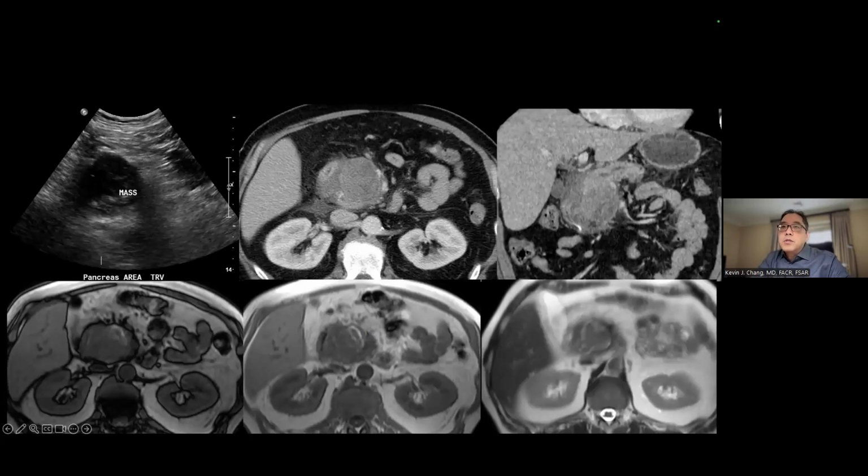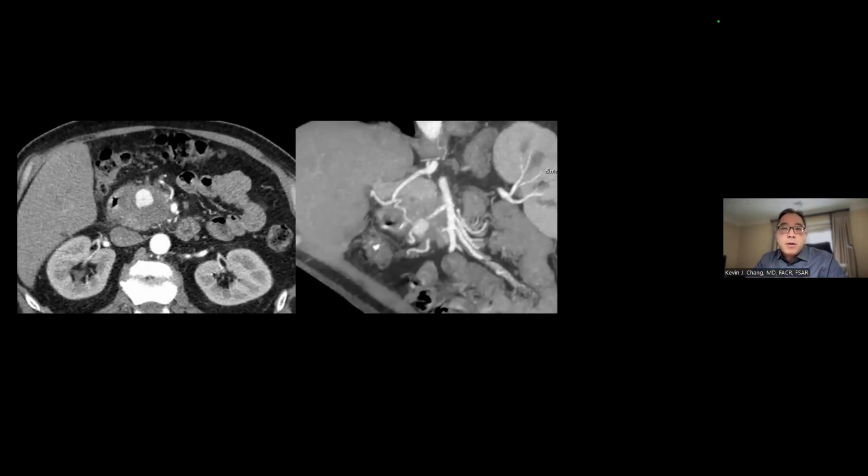And on the T2 weighted image, there's some T2 signal heterogeneity. But because of this appearance, with the T2 signal heterogeneity in the center and the peripheral margin of T1 hyperintensity, which looks different from the adjacent fat on the out of phase images, the possibility of a pseudoaneurysm was raised. And whether you do it by CTA or MRA,